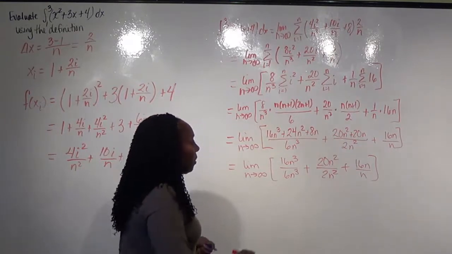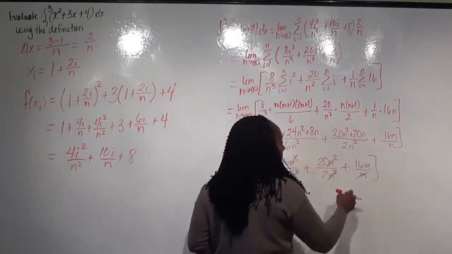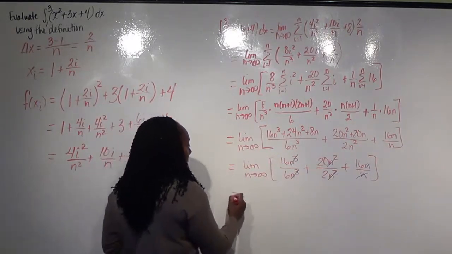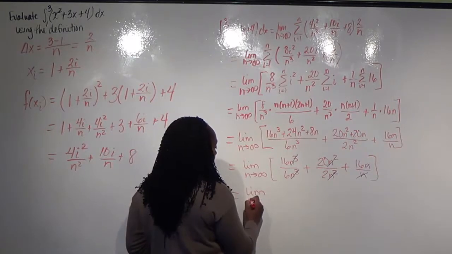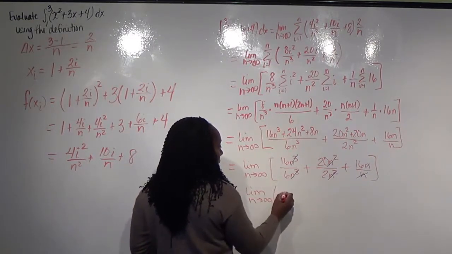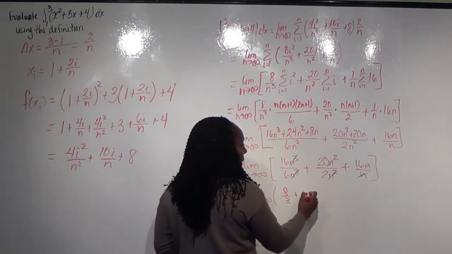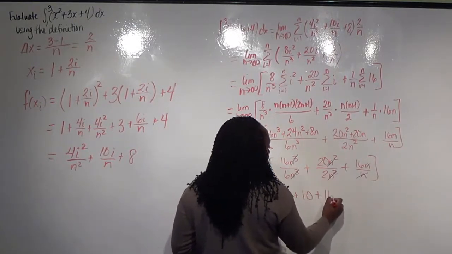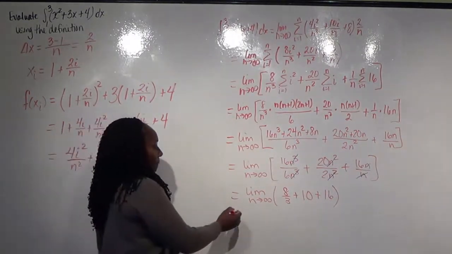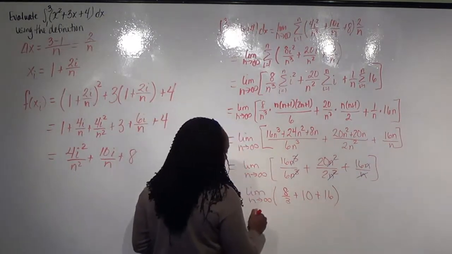Again, like the last one, I can see that things will cancel out. So limit as n goes to infinity, we're looking at a 16 over 6 or 8/3, 20 over 2 or 10, and 16, which we can simplify. It's going to be a 26